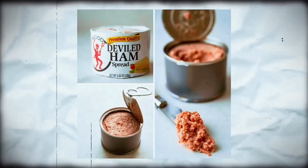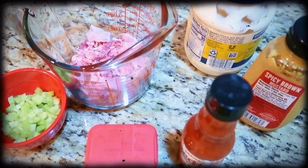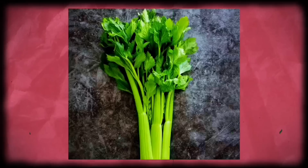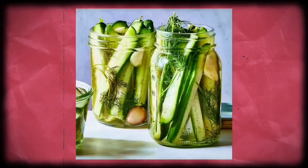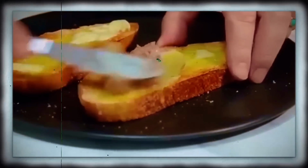Some parents would remove the paper completely. Others would tear just enough to access the contents, and the careful ones would meticulously unwrap and save the paper design. The secret ingredient that elevated a basic deviled ham sandwich was how finely the additions were diced. The best versions had celery, onion, or pickle, chopped so small they were barely visible, but added crucial textural contrast